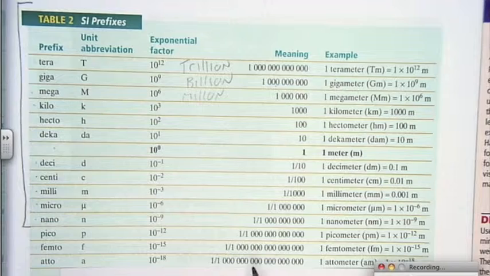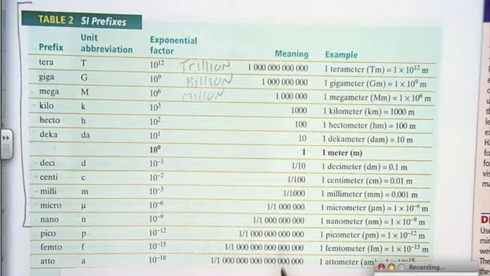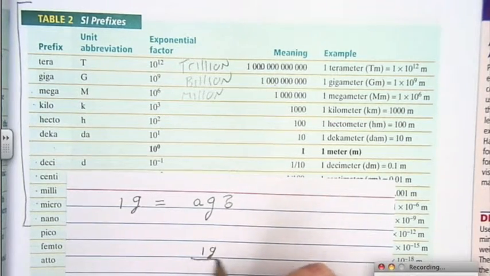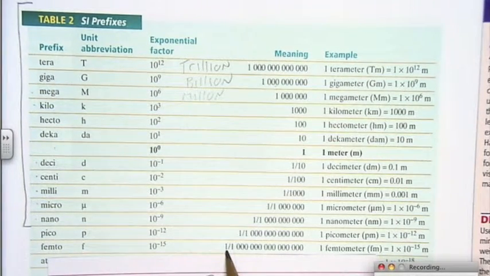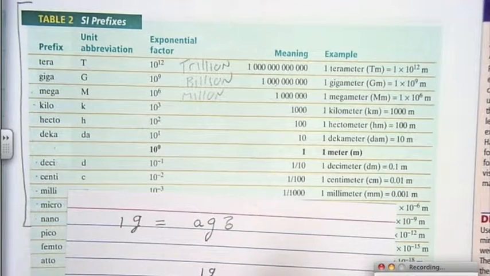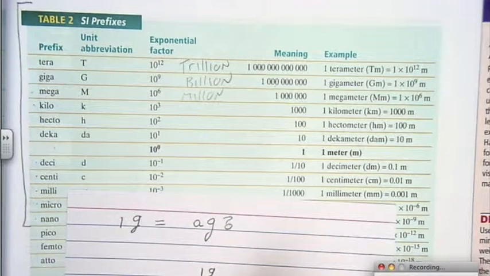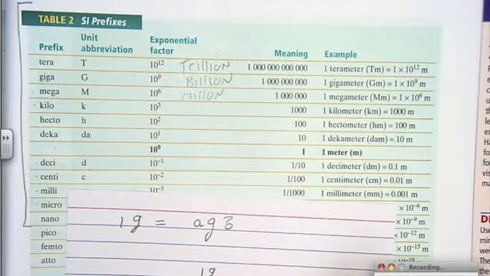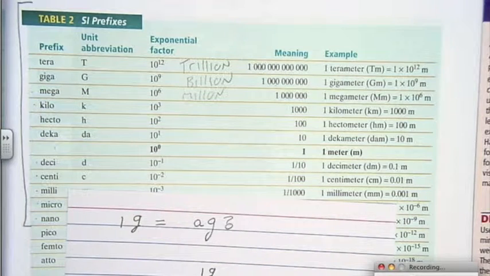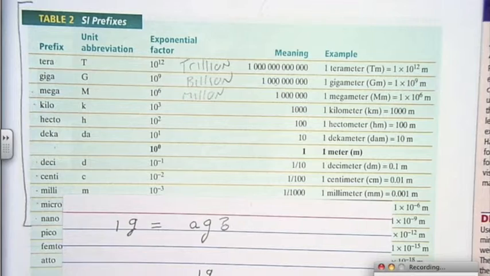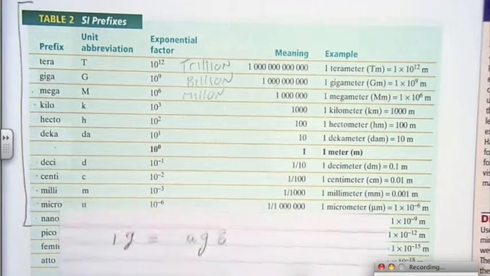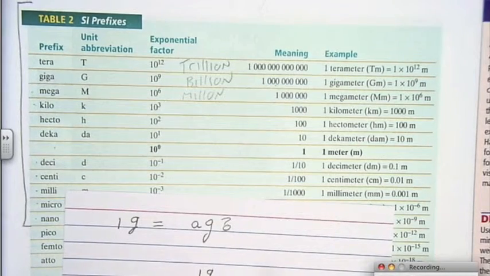Okay, so you see this fraction right here? What this fraction means, I'm going to write it here on my card. It means 1 gram. That's what the 1 means. 1 gram, or 1 of any of the base unit, is equal to 1, 2, 3, 4, 5, 6, 7, 8, 9, 10, 11, 12, 13, 14, 15, 16, 17, 18 attograms. The 1 goes on the top right there, and this is attogram. Now that we have this equality, we can write it in a different way. We can say